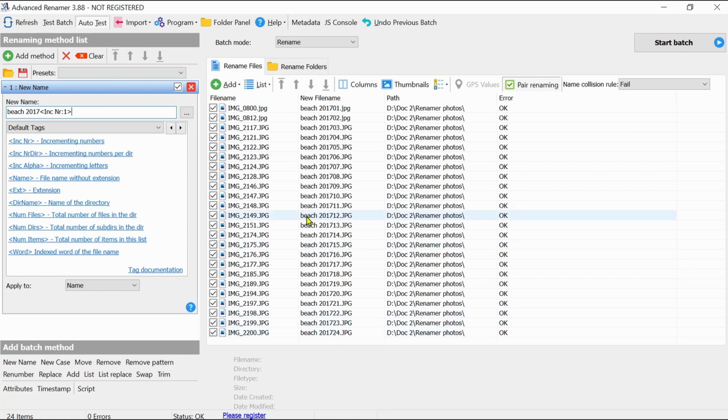Although still it's a little bit tough to read. So what I can do is go here in front of the function and just simply put a dash. Now that separates the name from the actual incremented number, and you can see it goes from 01 to 24. Once I have my renaming set up, I just have to hit Start Batch, and that will go through and